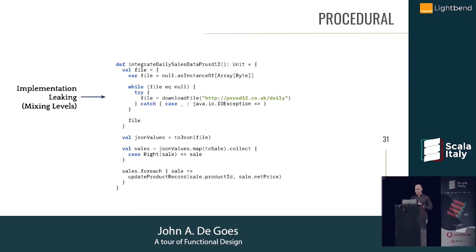Also, we have this interesting thing here that is not considered a problem in a lot of communities, and that is we have some implementation details leaking in here. Basically, this process can fail, getting the content of a URL, and that failure is evident here in our code. We're doing a low-level thing by calling this HTTP client's download file. And that low-level thing might fail. And so we deal with that here.